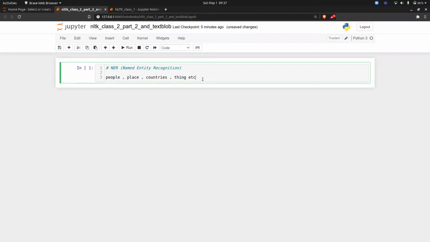Okay, so NLTK is the basic library, the first library that was discovered. So the NER is not powerful, but when we go to more libraries like TextBlob, Spacy, then we will understand that NER can be a more powerful tool with the more advanced libraries. Okay, now let's try to do a practical session on this.